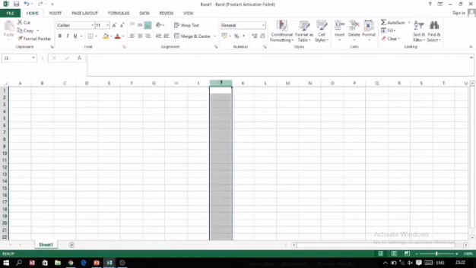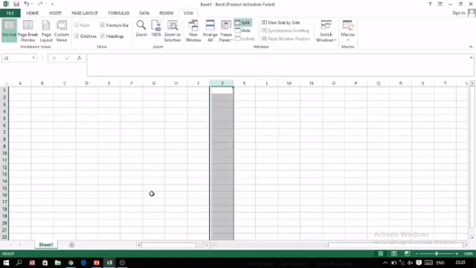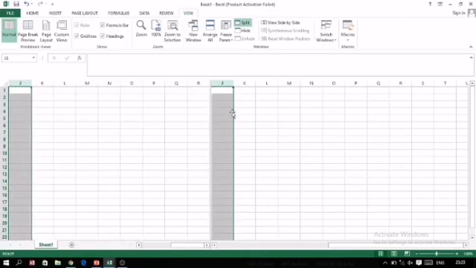I want to divide the window from this particular column, so I have to select this column. Then click on View, and there is an option called Split. The window is split. Now you can see there are two horizontal scroll bars, one here and one here.